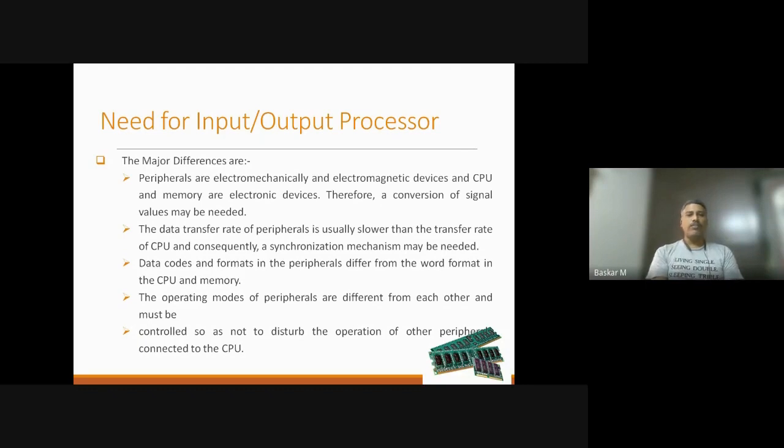So that is why we need to use the input output processor. The data transfer rate of a peripheral is usually slower than the data transfer rate of the CPU, and consequently a synchronization mechanism may be needed. So that is a need for the IO processor. The data code and format in peripheral devices are different from the word format of the CPU and memory, so to convert, we need the IO. Then the operating modes of the peripherals are different from each other and must be controlled so as not to disturb the operation of the other peripherals connected to the